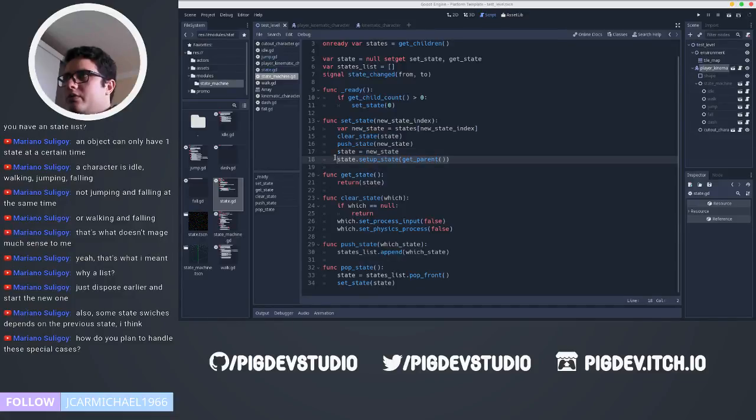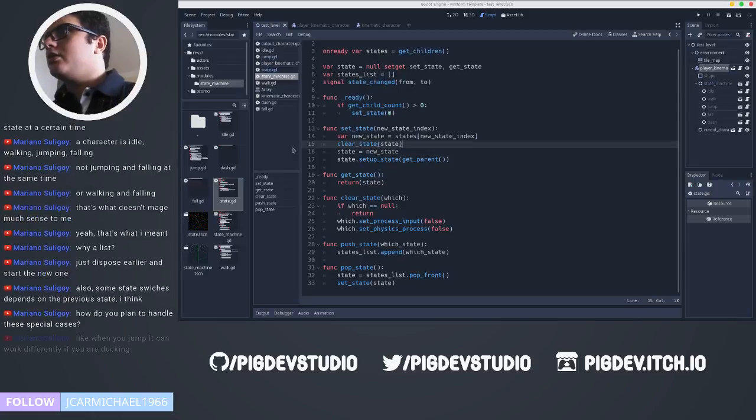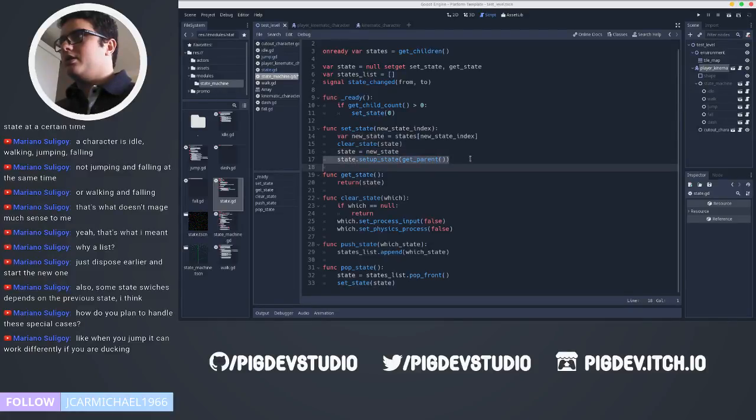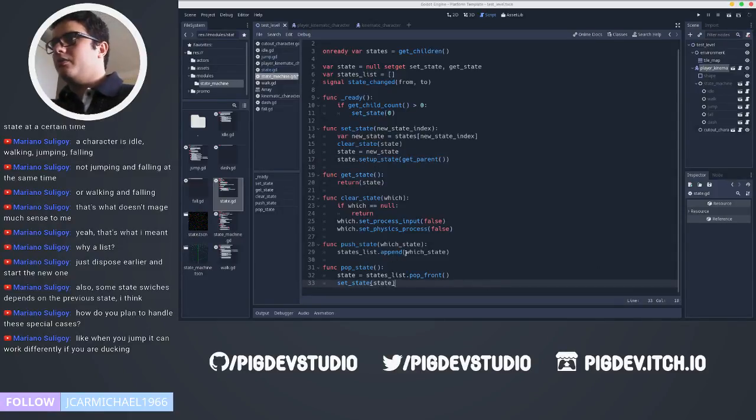I won't do this. I think that actually I won't push anything. Clear state, state is equal to new state, state setup. This is what this set state will do, but there will be something like push state. This will actually be